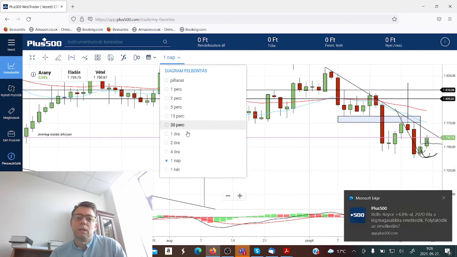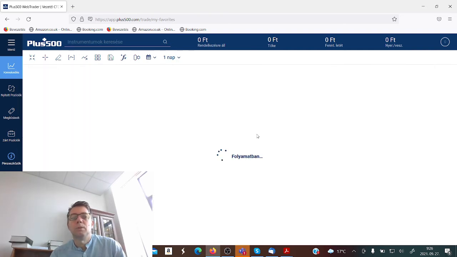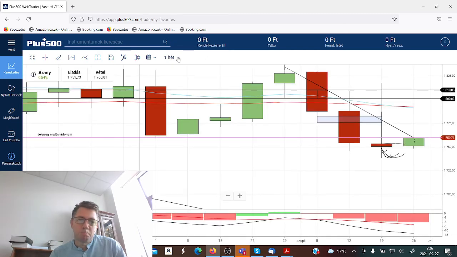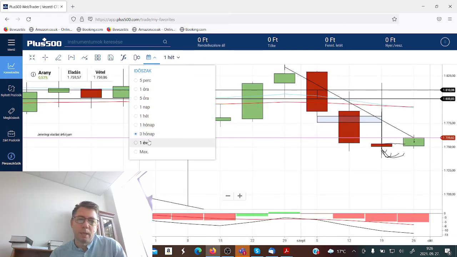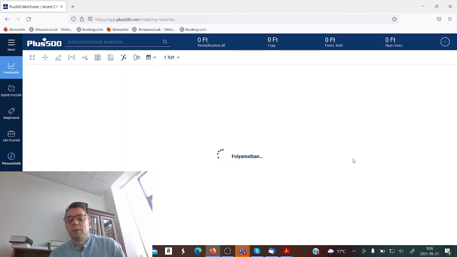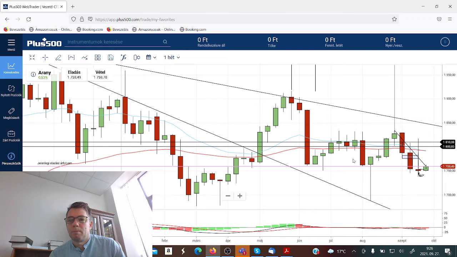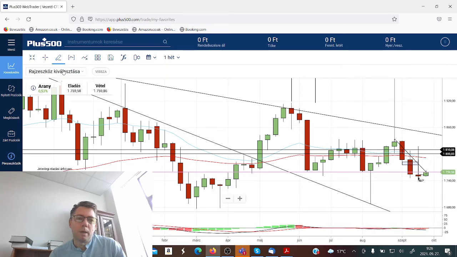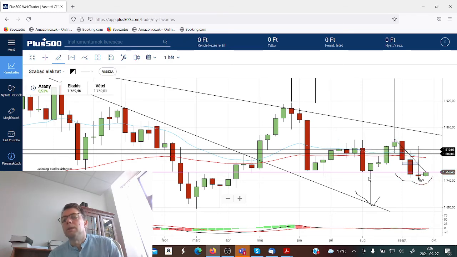Let's look at the weekly time frame on gold. This is the weekly time frame, and I actually see a W pattern on the weekly, which was a little bit seen on the daily as well. Let me show it to you. Right here, this is a bottom, and this is another bottom, and if it plays out,